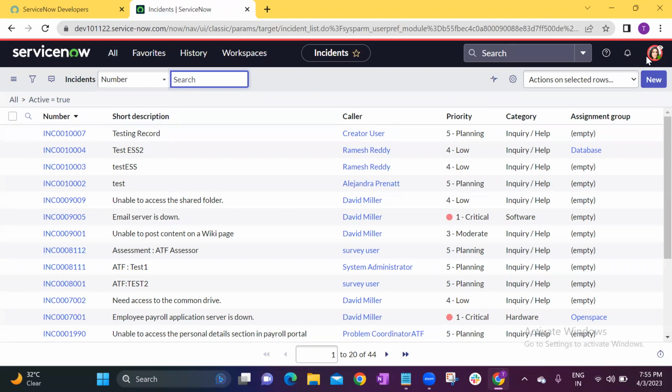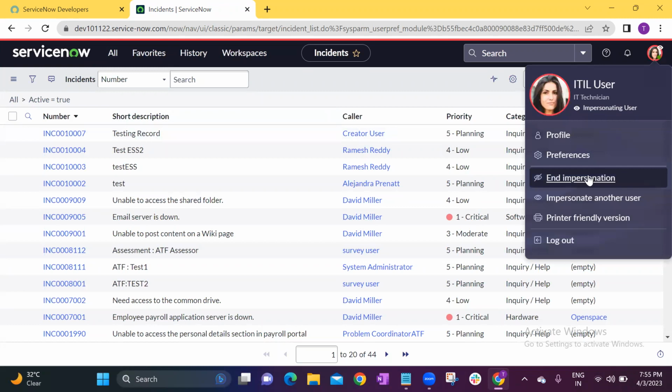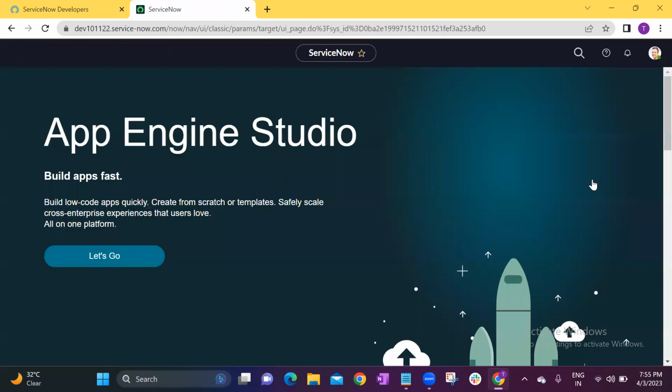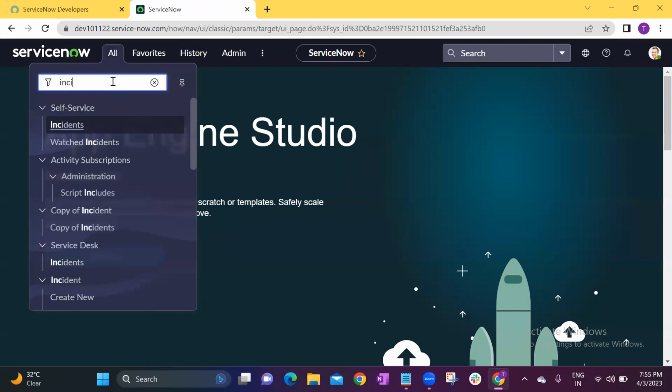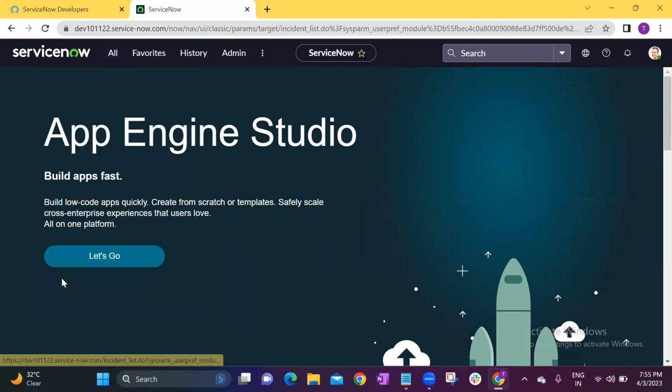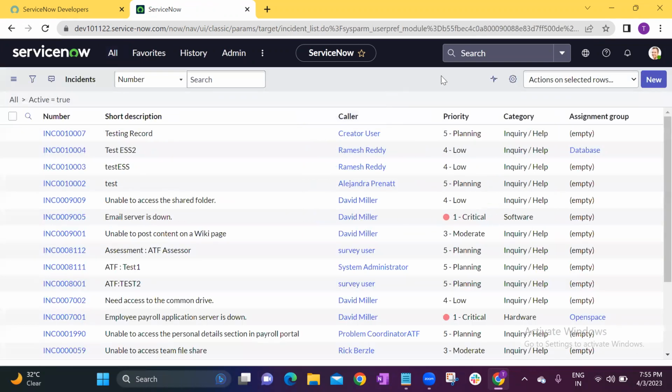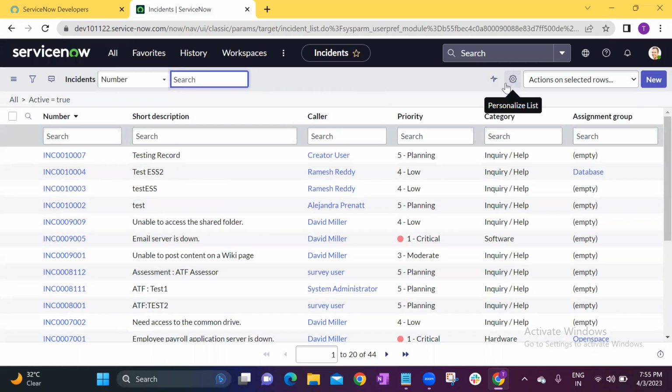But generally, people have some preferences. They don't want to see all the columns in their list. Some people want to see only these columns, only these columns they want to see. So in that case, if you don't want to impact other users, what you have to do? You have to do the personalization. Just you can see this icon. We have personalization. If you click this icon,